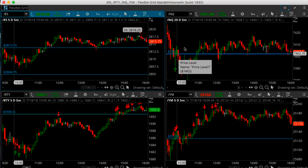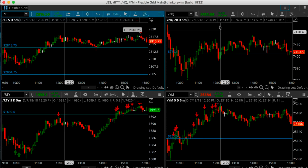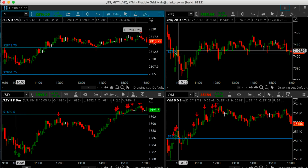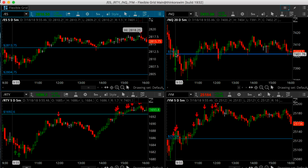I thought Nasdaq had the largest move potential given that it's at new all-time highs, and I wanted to establish a swing position there, which you can see we're up here about 6.5 points in after hours. It's currently 8:01 Central Standard Time here, and that didn't work, right? So the initial trade of the day was a stop on the Nasdaq here, and then I also took a stop